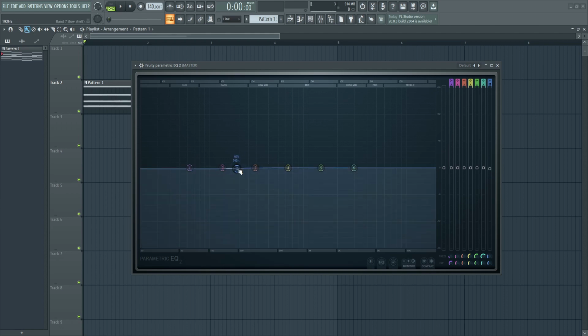Now what exactly the shelf filter is meant to do is, it is used for making gentle boosts on your low frequencies or your high frequencies. So I'll just bring this on high shelf. Now we can boost both low and high, and this is how it would sound.